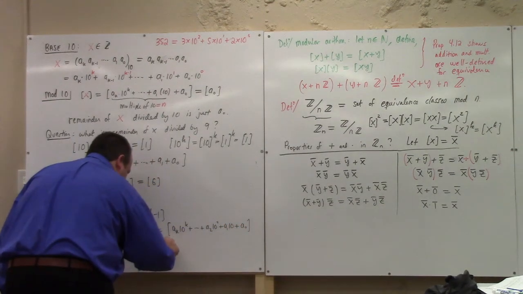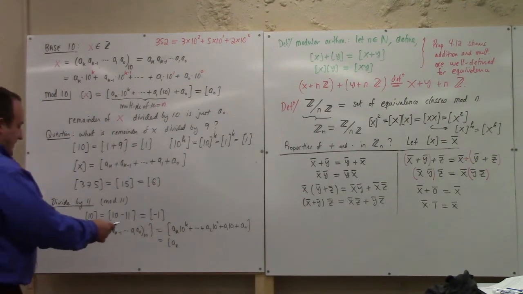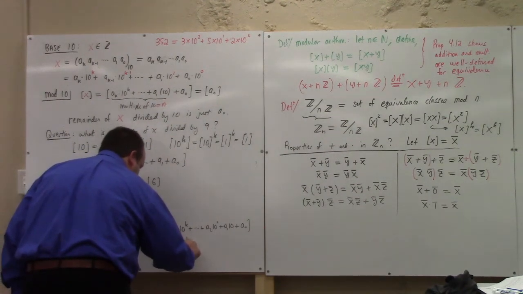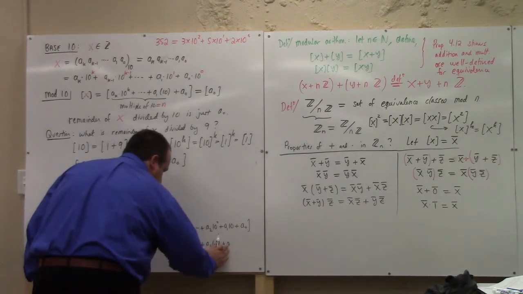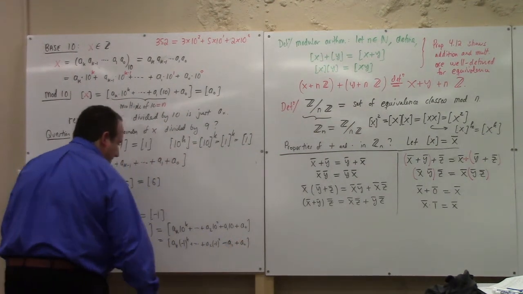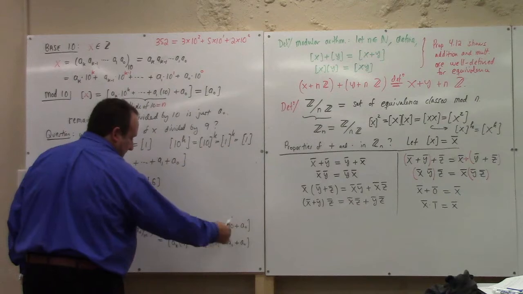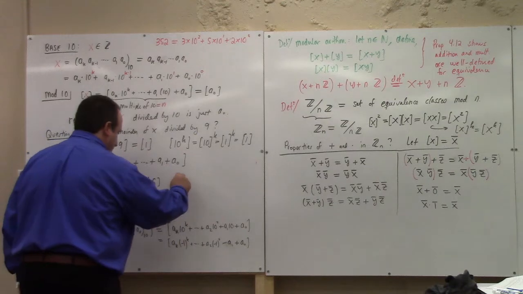But the thing is, I can trade my 10 for minus 1 to the k, right? So that's minus a_1. So what you get is singles minus tens plus hundreds minus thousands and so forth. For example, to figure out,